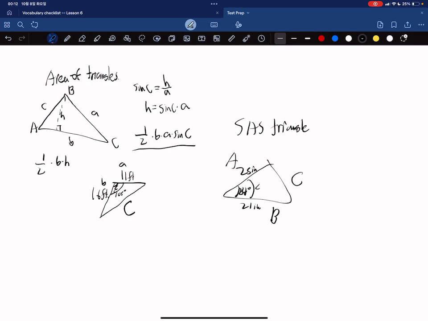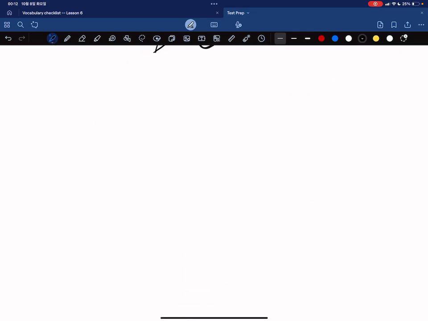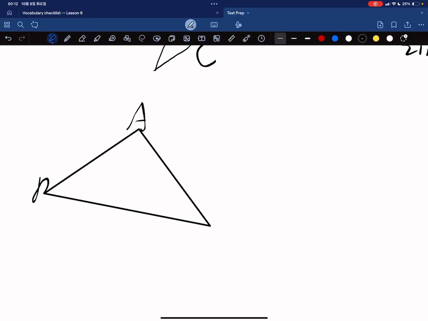Now, how can we apply all of these into areas of triangles? We have this beautifully drawn triangle. And then if we have our base here, and this is our height, 90 degrees, then we can simply do, if this is C,